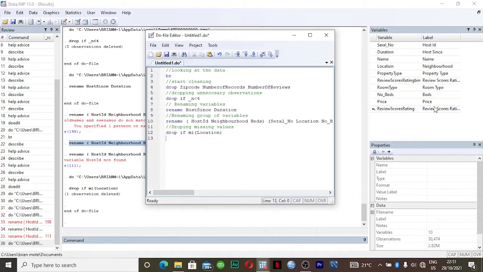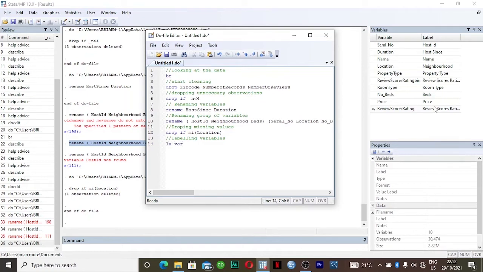So assuming I want to label my variables, let's say price, I want to label price. Labeling variables. Excuse my spellings if it is not correct.